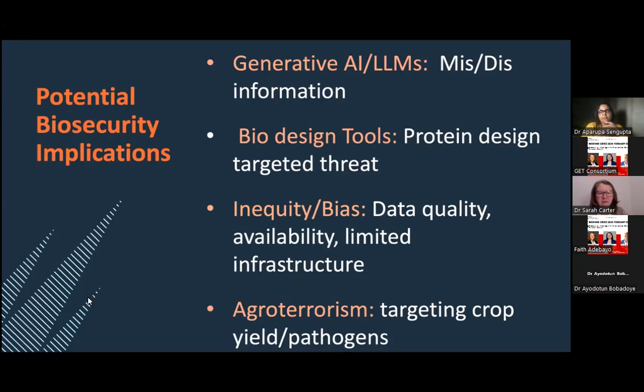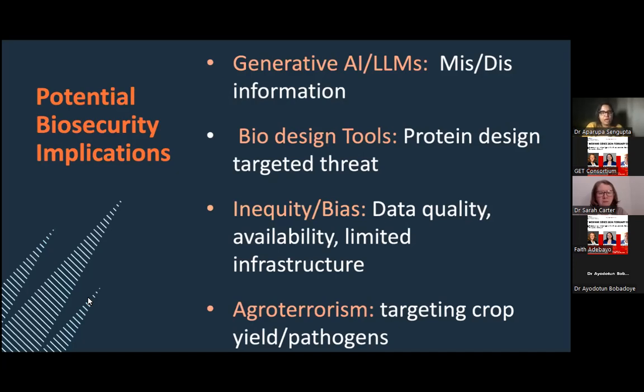Challenges that I talked about will eventually have some implications. Since this conversation today is a biosecurity conversation, I'm going to raise some of the potential biosecurity implications. I have tried to sectionalize it under the different kinds of AI systems we are talking about today. So generative AI, or LLMs, we really discussed LLMs in some detail today, is a big source of mis